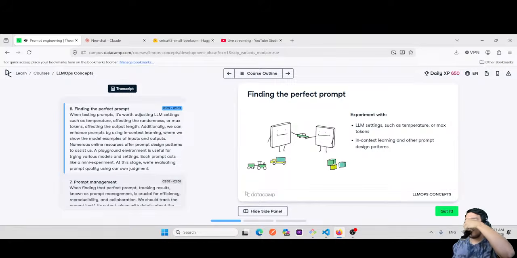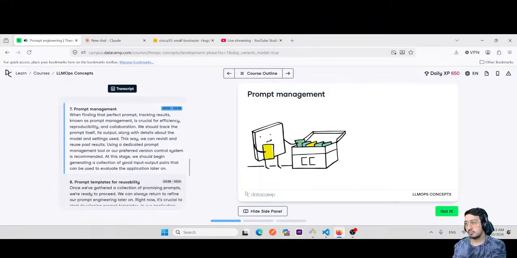Numerous online resources offer prompt design patterns to assist us. A playground environment is useful for trying various models and settings. Each prompt acts like a mini experiment. At this stage, we're evaluating prompt quality using our own judgment. When finding that perfect prompt,